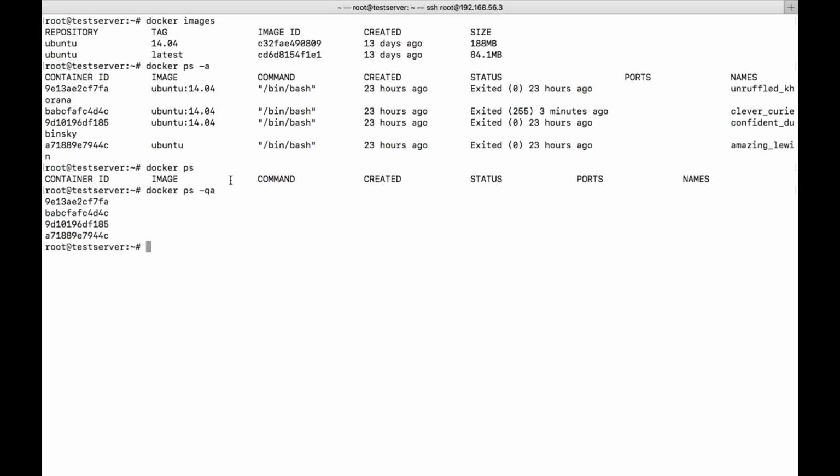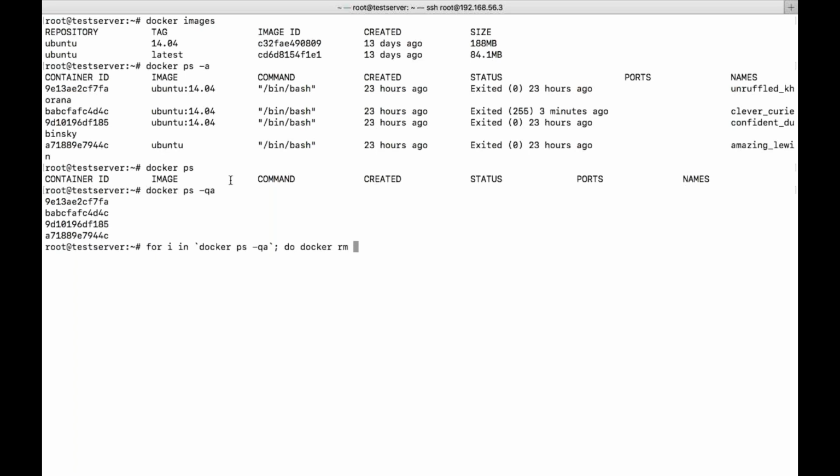Okay, so I'll write a sample for loop in order to delete them automatically. Just see: for i in docker ps -qa; do docker rm. In order to remove the containers, we have a command called rm. Sometimes we need to forcefully remove some containers without stopping. If you want to delete directly, you need to give -f.